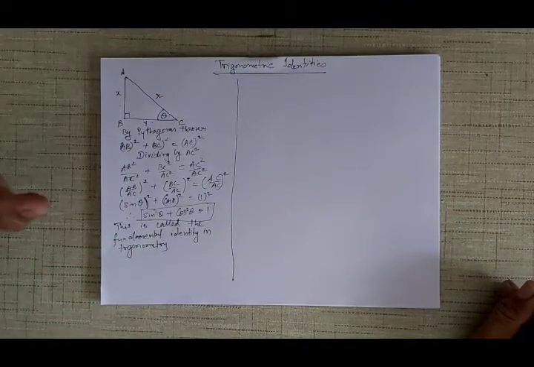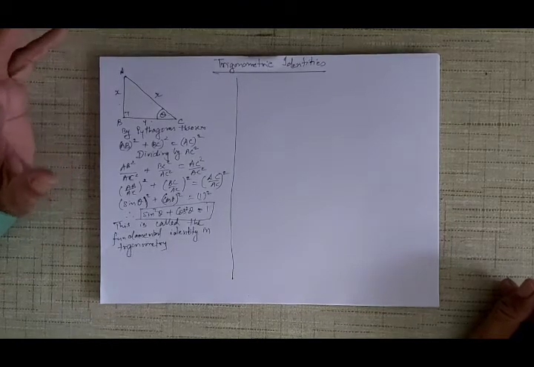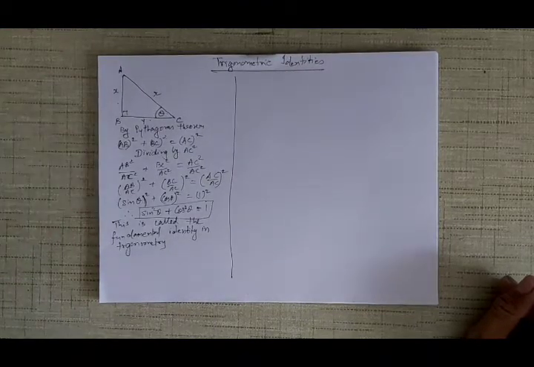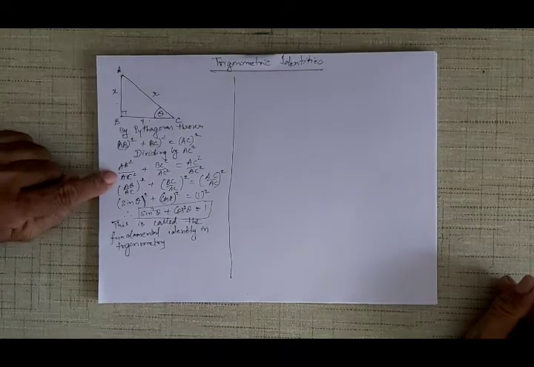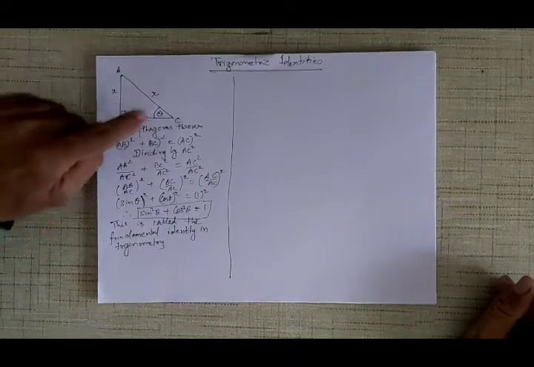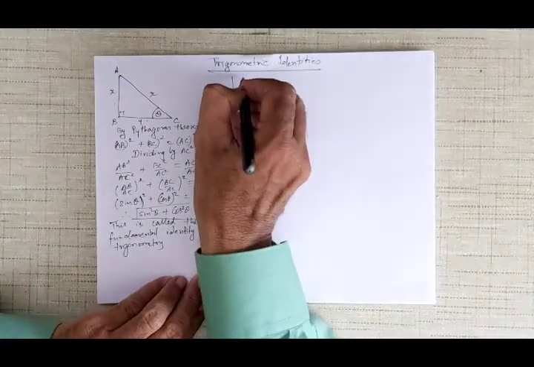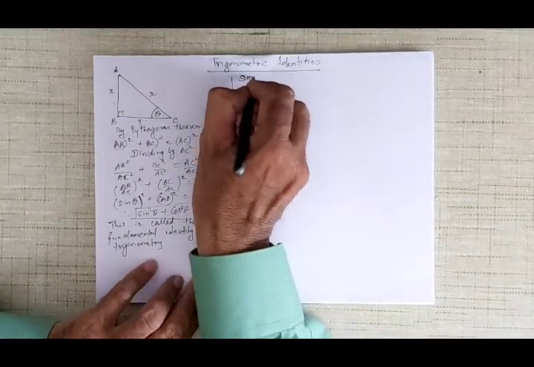You should be able to derive it very easily by taking the triangle, applying Pythagoras theorem and sine square theta. Of course I can write one more step, x upon r whole square, y upon r whole square, but it's not necessary. Now similarly,